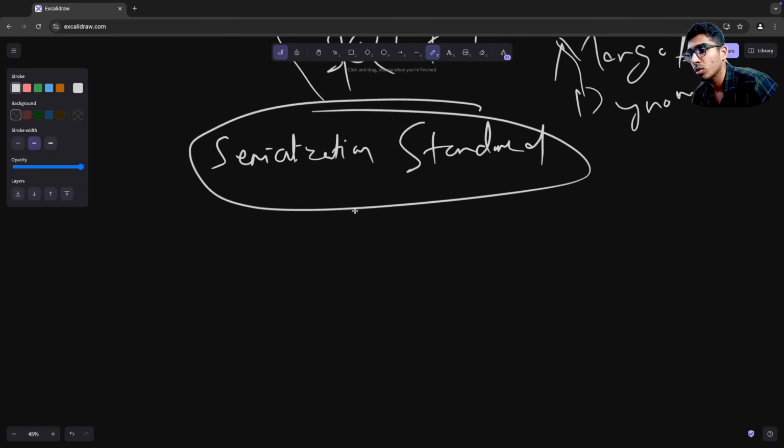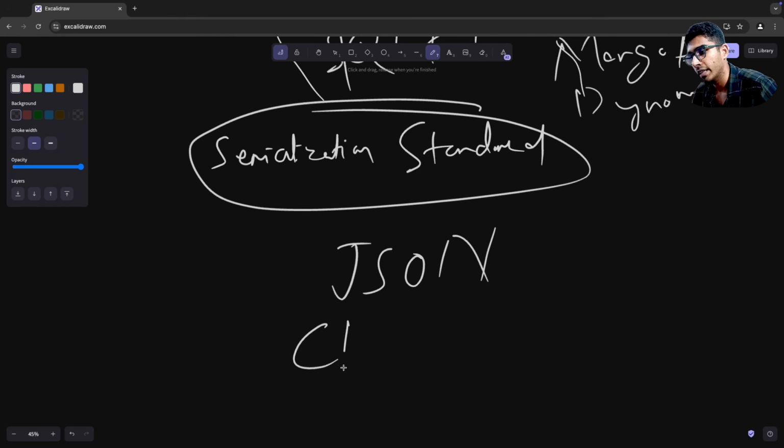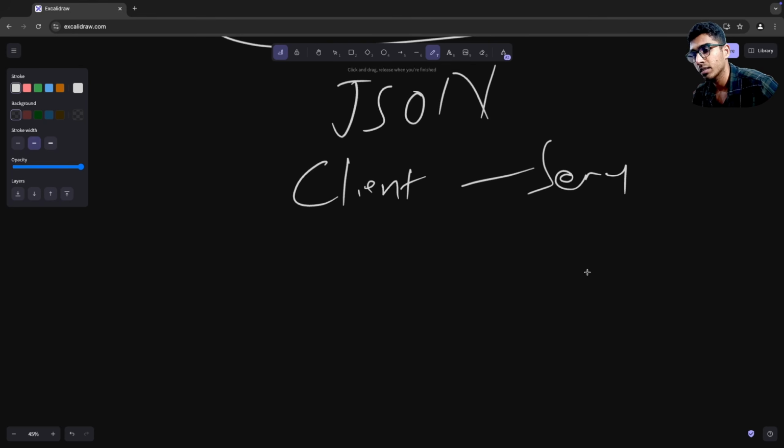And we will go with a popular one, the one that gets used. I won't give a number, but if I had to give a number, I'll say 80% of the time, which is JSON. It is one of the most popular serialization and deserialization standards that gets used for client and server communication. We have other standards for serialization and deserialization that do not necessarily get used for HTTP communication, but definitely get used for serialization. For example, we have YAML,